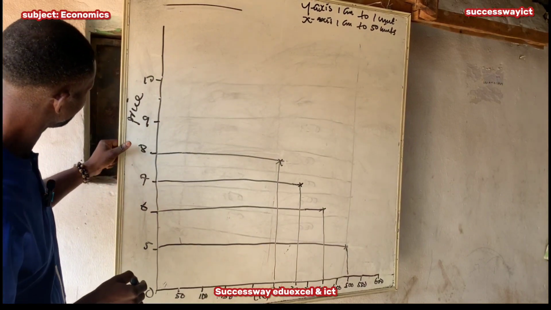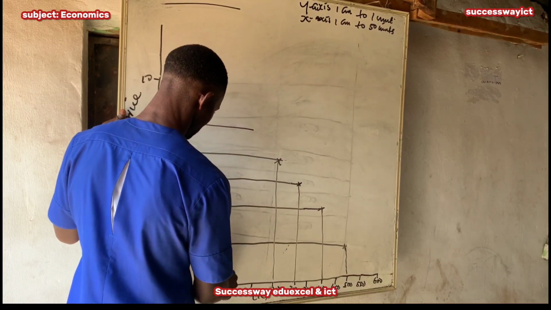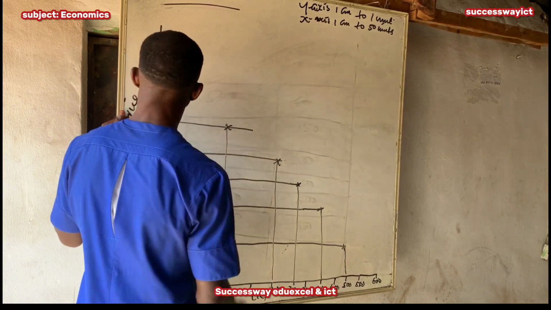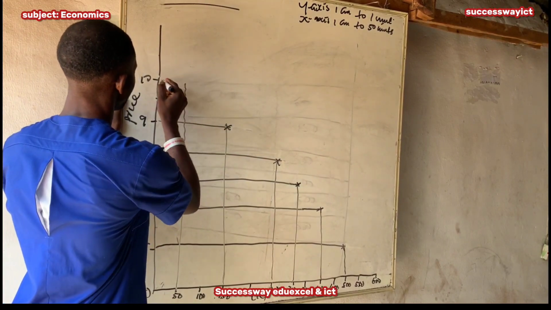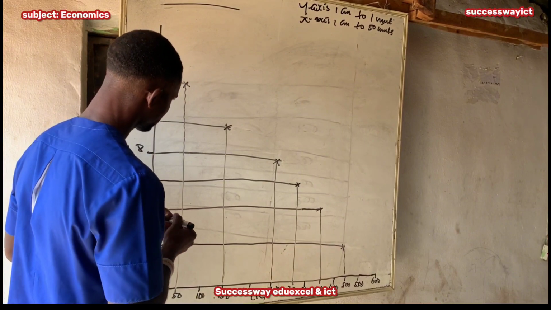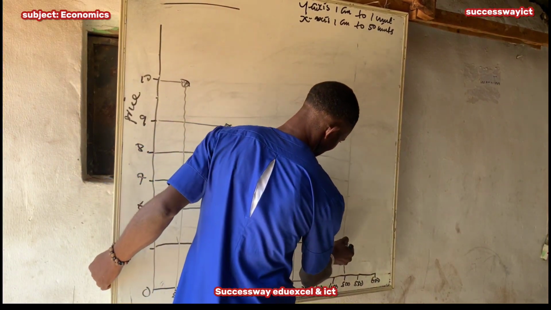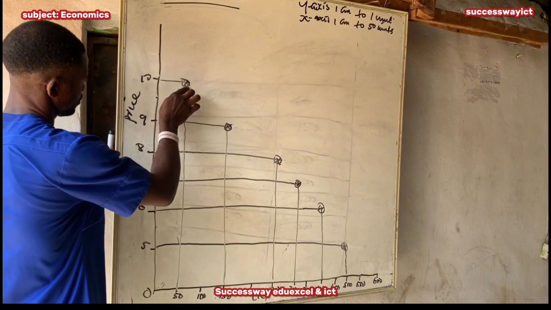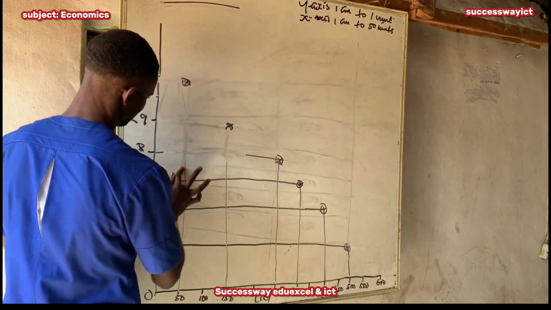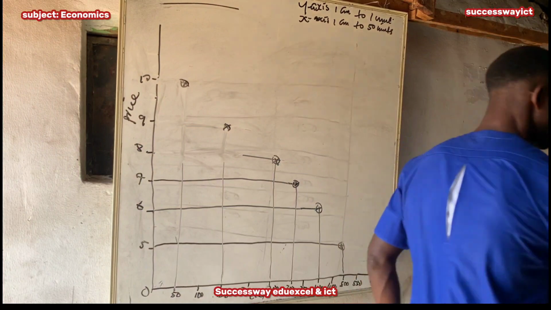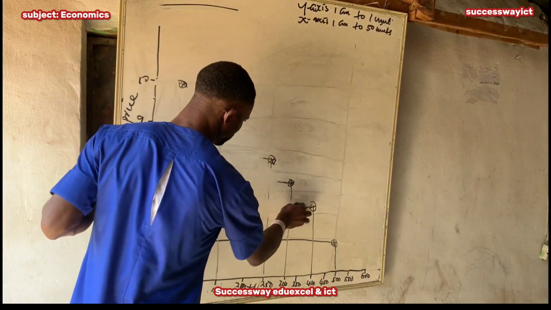At the price of 9 naira? Where is 150 here? At the price of 10? You know why this line is not expected to be shown? You're supposed to join it with your meter rule, that's all. The line is not expected to be shown anywhere. In the exam, I'll mark you